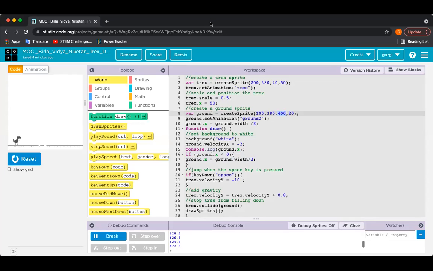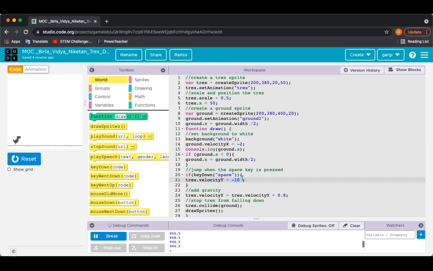So somewhere here in the center, your ground is resetting. That's how we have created this illusion for the users that this is an infinite ground. So it's an illusion. It's not a reality we are working with. Now, second, what we have done, we have created a condition that whenever you press the space key down, we will give a velocity in the y direction. That too, it's going upside, so it's negative 10.